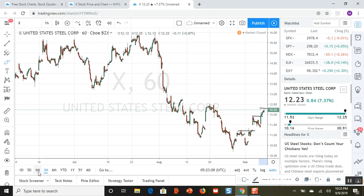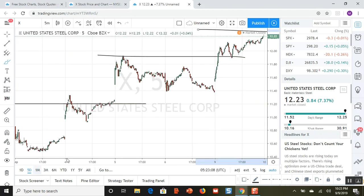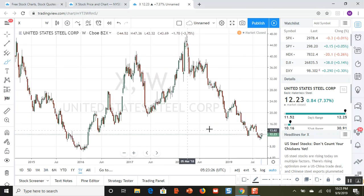And if we shrink it in a month here, tomorrow's going to be an interesting day because it ended up, and actually let's go to a 5-day chart. I want to look at how big that candle is. It's not really one candle, but it just ended going up, right? And so when I see stuff like that, I see a change in the wind, and I see a change in the trend. Now, if we go to the 5-year chart and we look at the big picture here, okay,